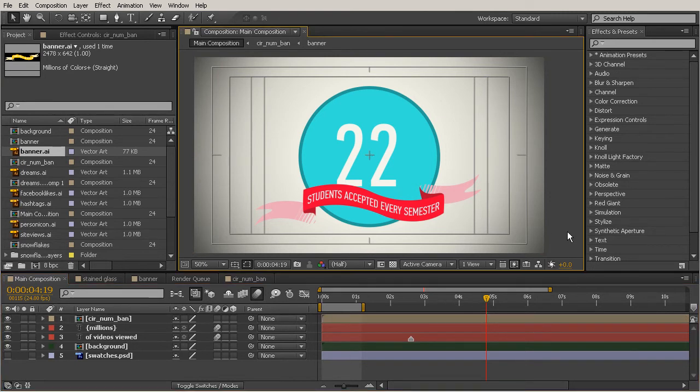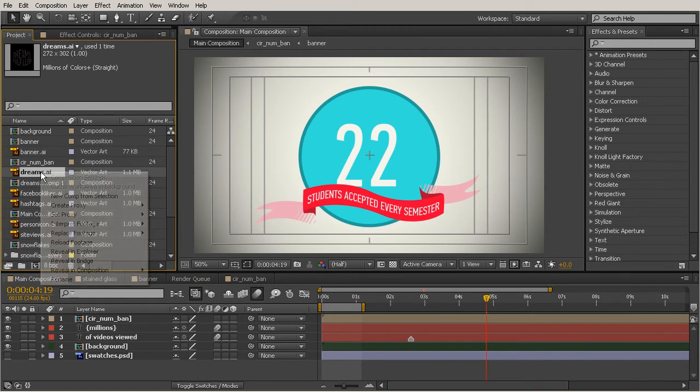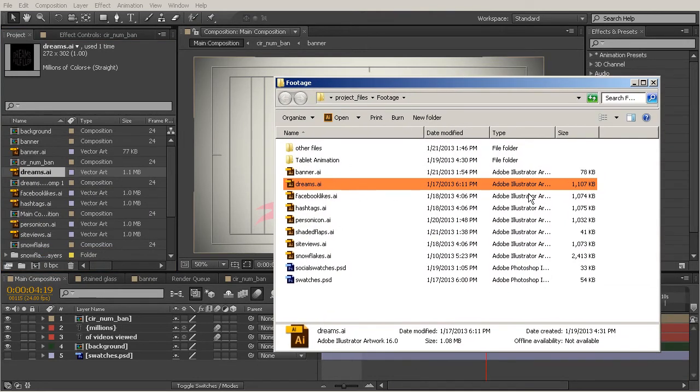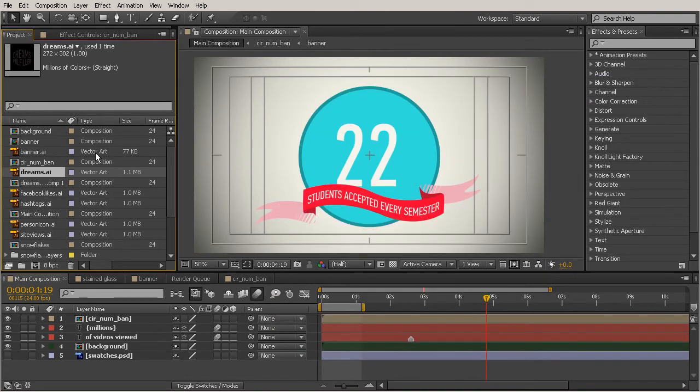Now, there's one other thing that I can do if I'm maybe wanting to know where a file was actually saved on my computer. I can always go to that file, right-click the file, and then we can come over here to Reveal and Explore. And if I click that, it's going to pop me open a window where it will automatically highlight that file in its location. So if I wanted to maybe do some editing to this in its original source program, I could do that right there, and it will be easy for me to find just by using that Reveal and